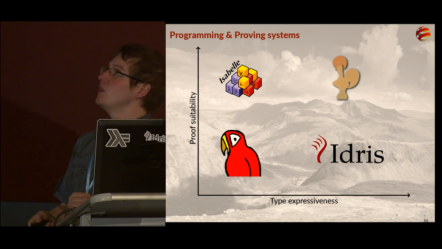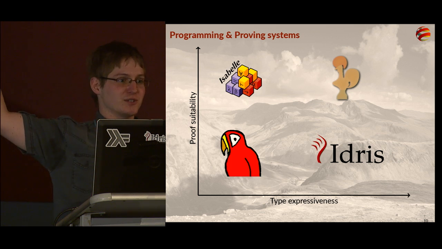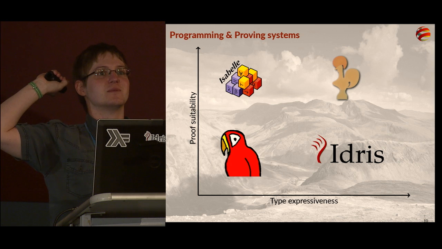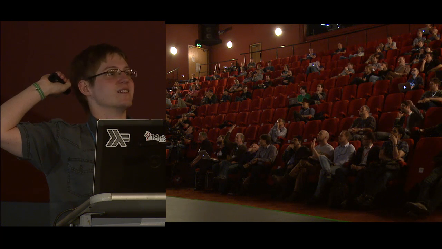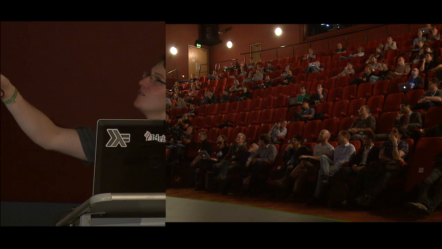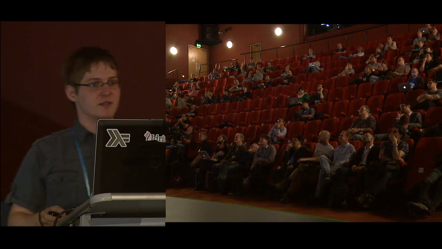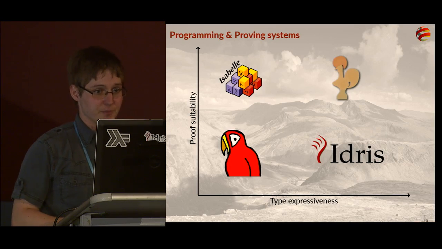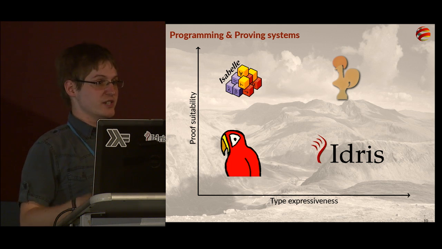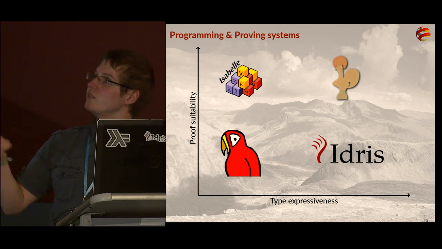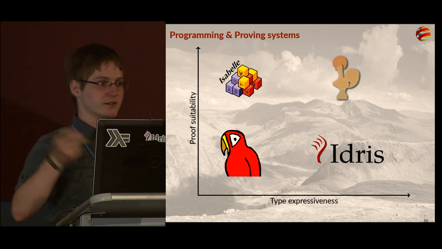So who of you knows at least one of the logos here? 2? 3? All of them? Okay, so this is Isabelle. This is the system which is being developed in our lab in Munich. This is Coq. This is PolyML. It's an implementation of the ML language. I just picked the concrete implementation because I couldn't find any logo for ML.